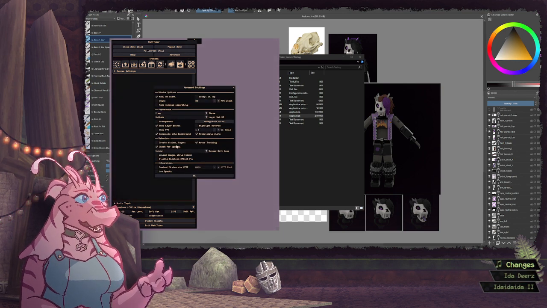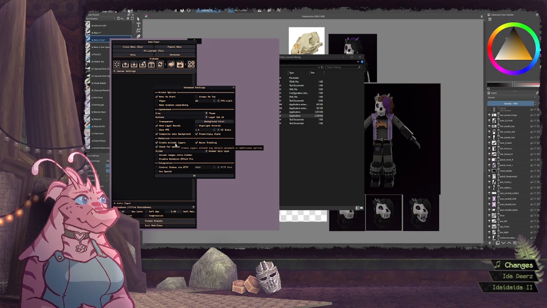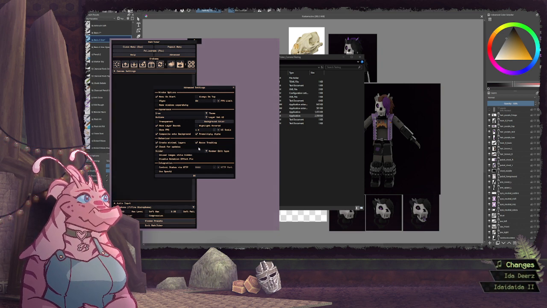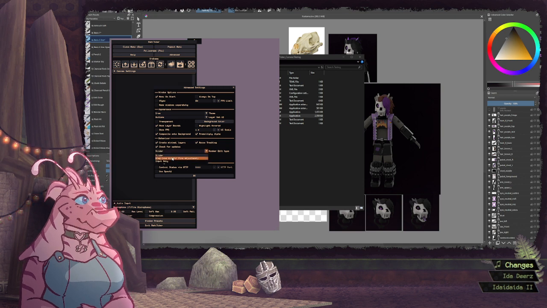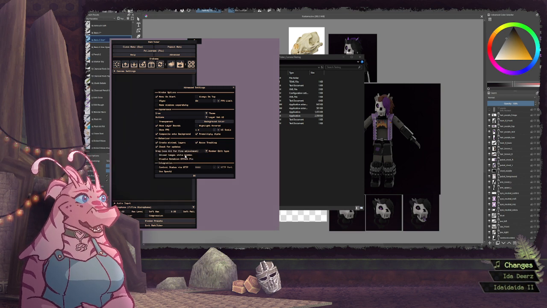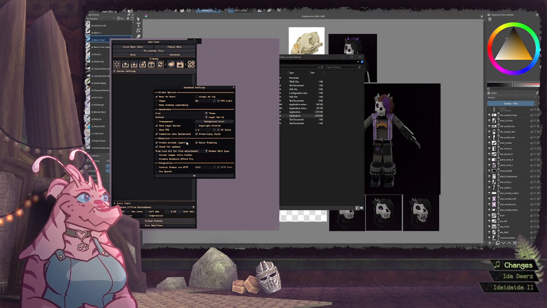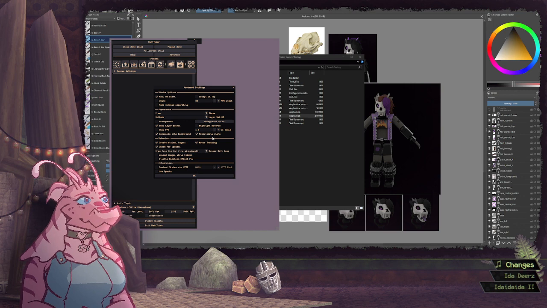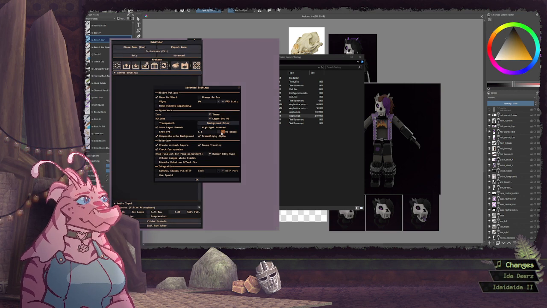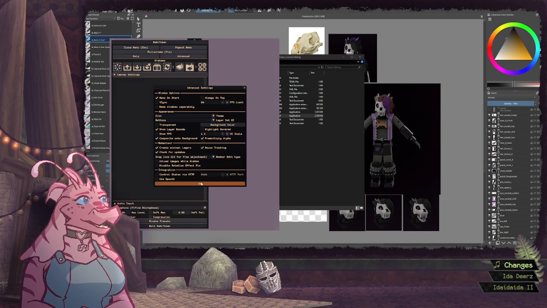I want to create minimal layers because I'm going to be doing my own stuff. I'm going to use the drag slider for the number editing. Let's pump up the UI scale a little bit as well.